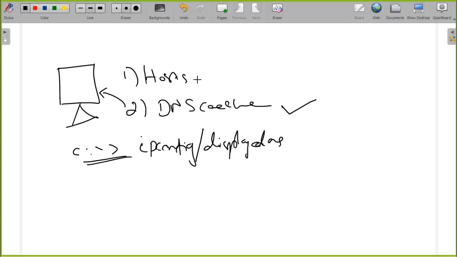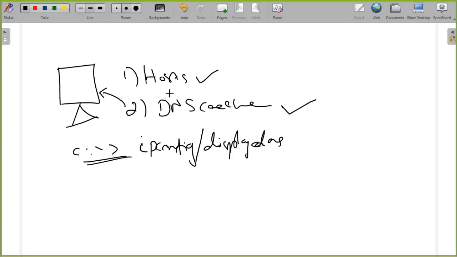Okay, and one more thing is the host file. The host file is the primary point of checking. So when you type youtube.com, immediately it will check in the host file. It will try to see if an entry for youtube.com is there on the host file. If an entry is not found, then it will go to the DNS cache. Then it will go to the DNS server. So that is how it works.